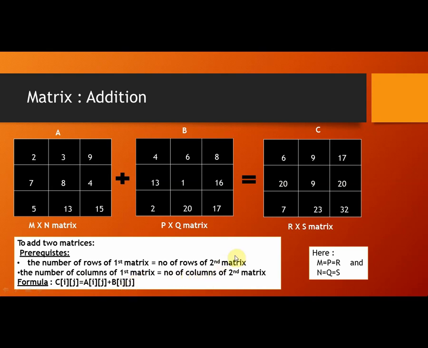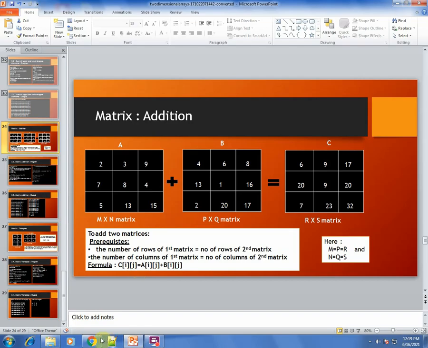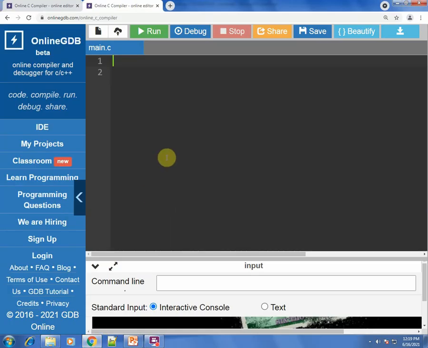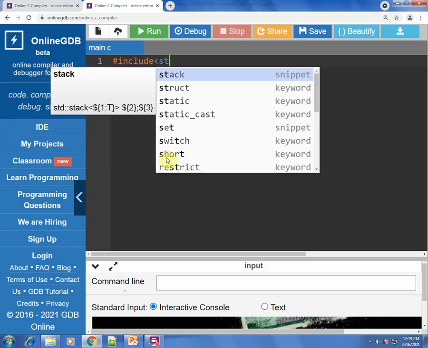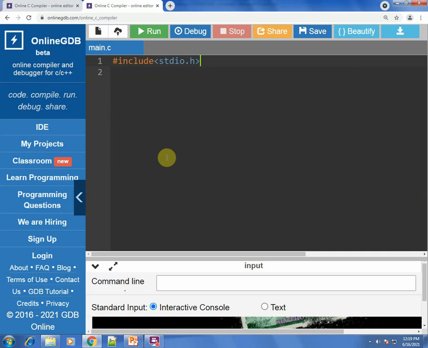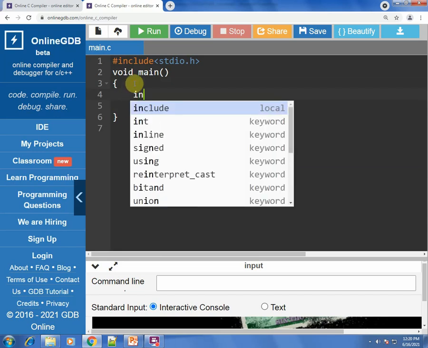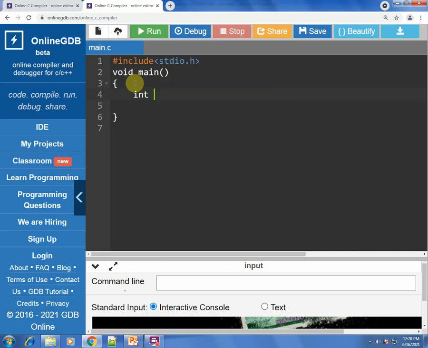So let us go ahead directly to the program. Let us write a C program to perform this matrix addition. I will demonstrate it in a compiler so that you have a better idea. First line will be the header file. After that, the main function. Now inside the main function you have to declare all the 2D arrays, or the matrices, which you require. So we actually require three matrices.